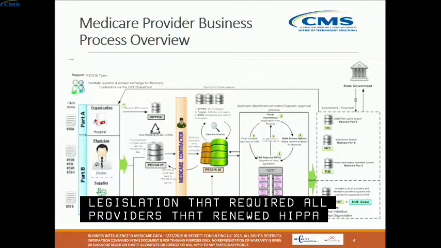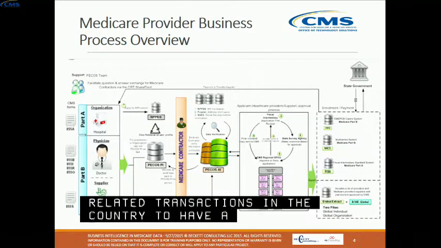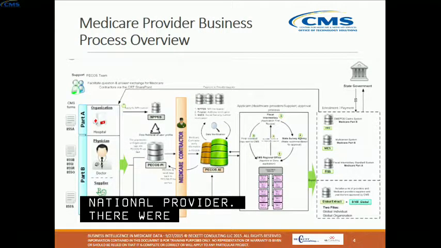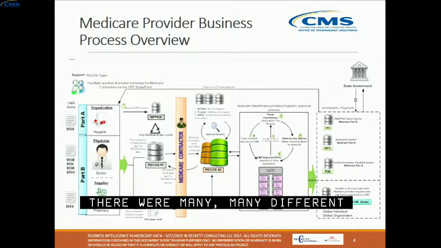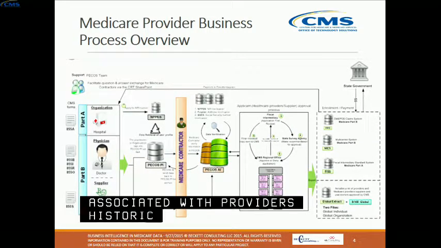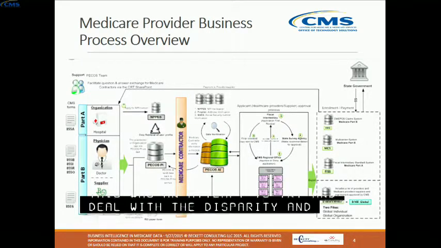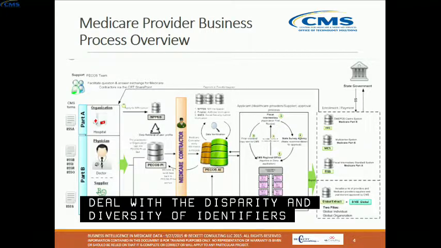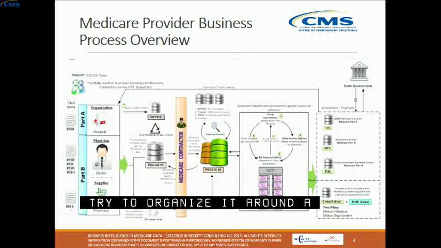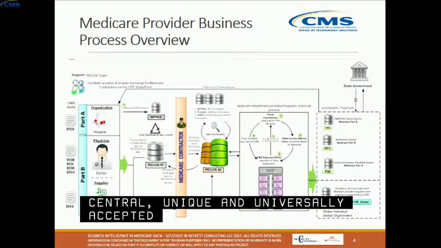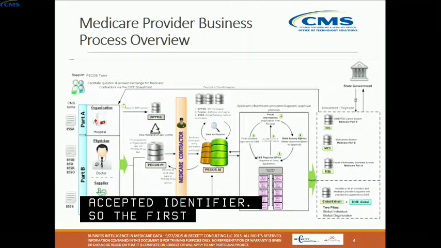provider identifier. And the reason behind that was there were many, many different identifiers associated with providers historically. And this was an attempt to deal with that disparity and diversity of identifiers and to organize it around a central, unique, and universally accepted identifier. So the first step is to get an NPI, and then you can go into the PACOS system that